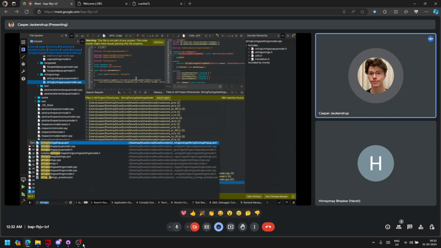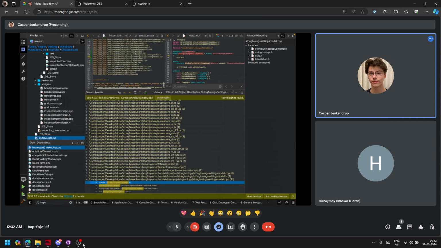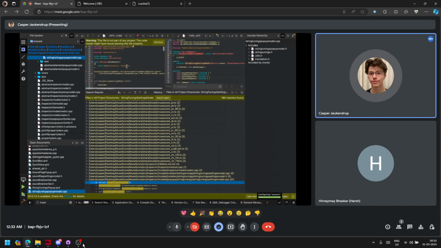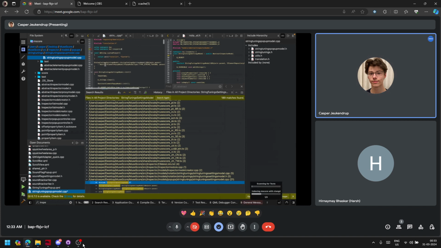Then we need to adjust the CMake file. And now we will need to clean up some namespaces here. And this should now become